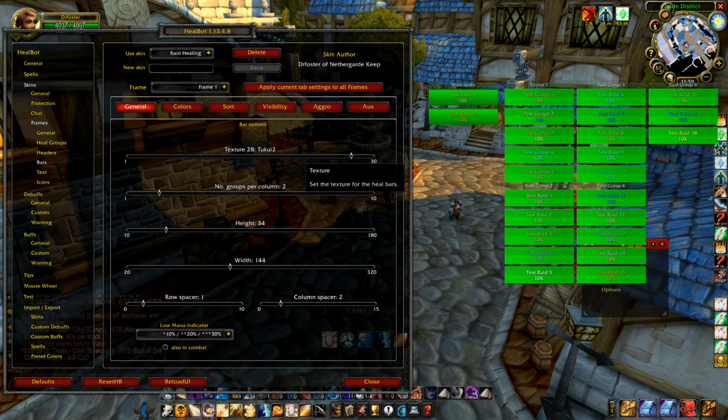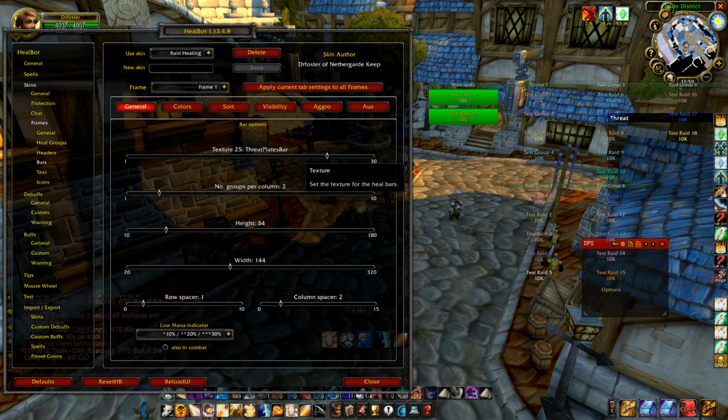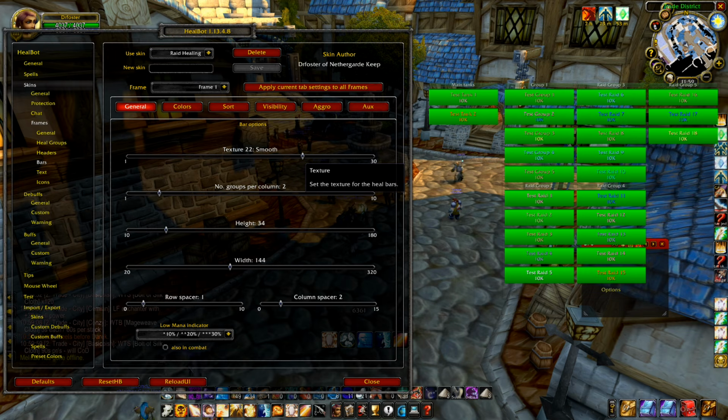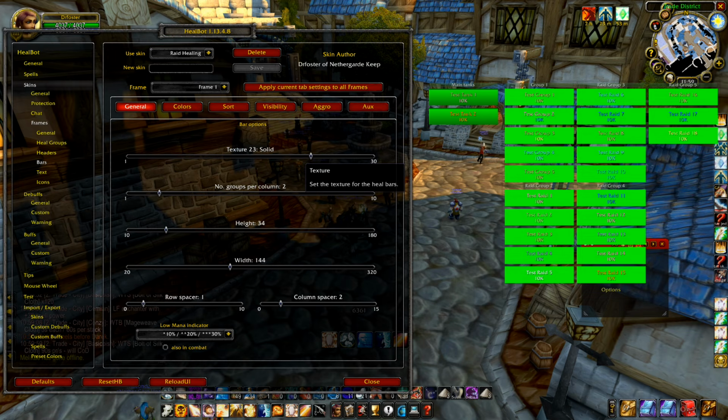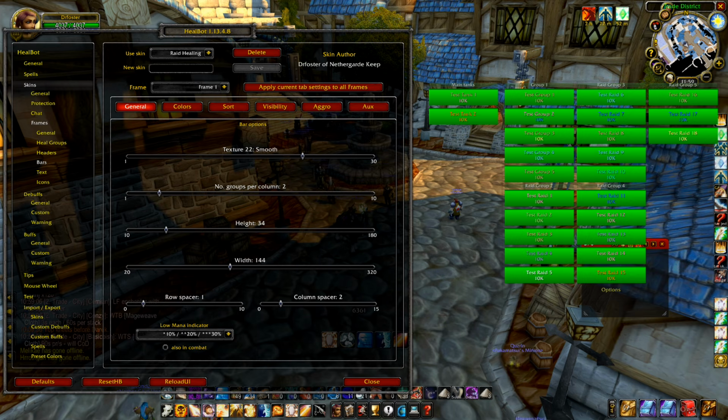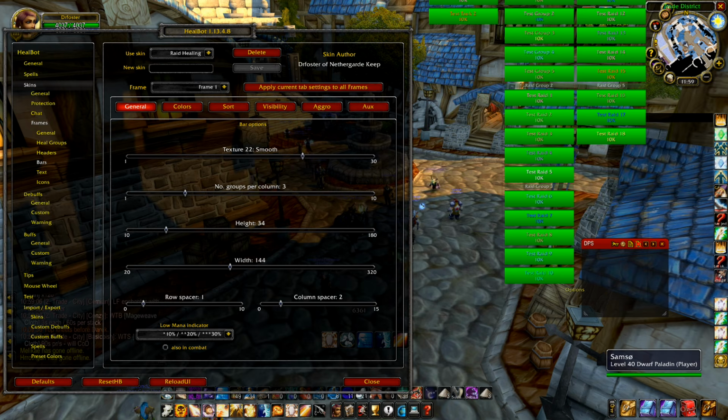I personally prefer the default, the smooth texture, I think it is. You can actually import different textures as well, but I just basically keep it as the default one, which I think it's smooth. Or is it that one? I can't remember. Once you're happy with that, we can then configure the number of groups per column, and you